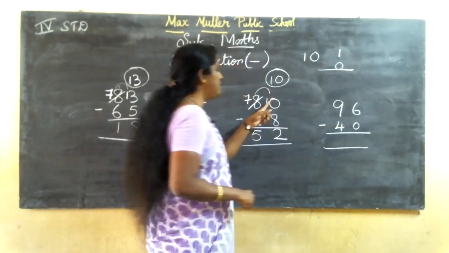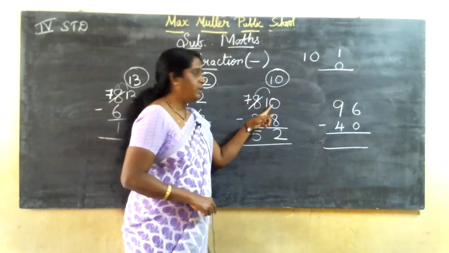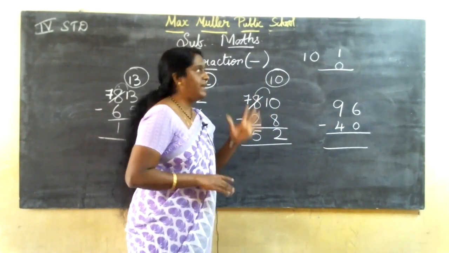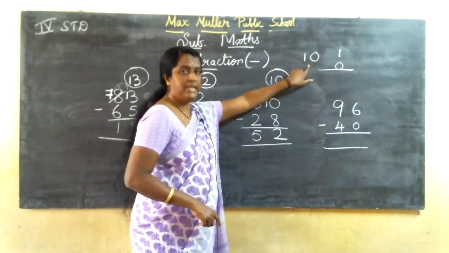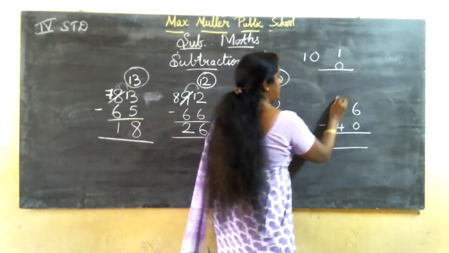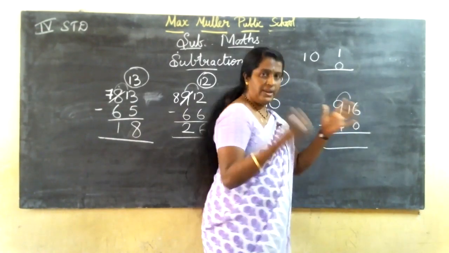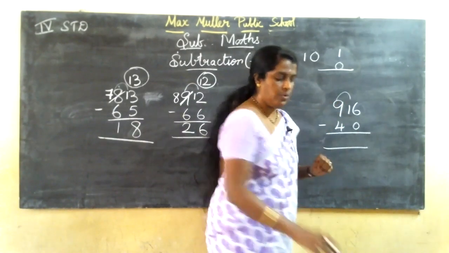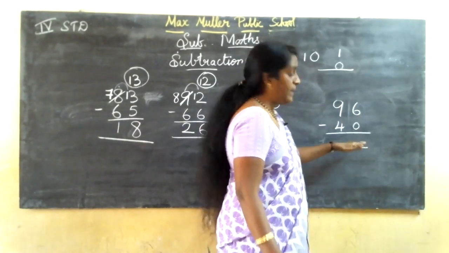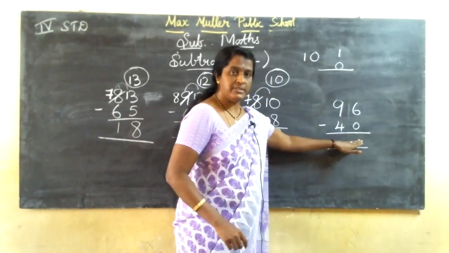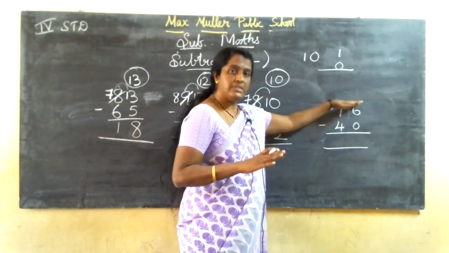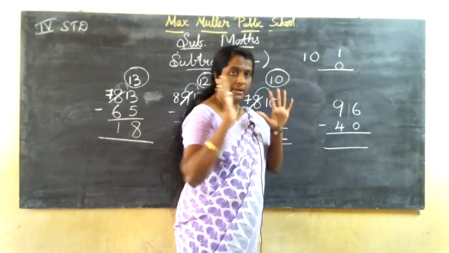Now here see, here it was 0. If you 0 minus 1, if you take borrow, it will become 10. As I told, it will become 10. If it is 6 minus 0, if you borrow here, it will become 16. Can you cut 10, 16, 0? No, you should not borrow. If below 0 it is there, means you should not borrow. Okay. If above 0 it is there, if you borrow 1, it will become 10.